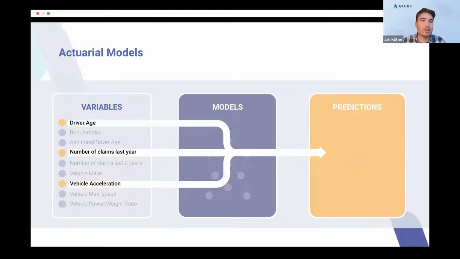We call them actuarial models here on a high level, where you really boil down the selection of features. For example, here we really focus on the most relevant, most understandable features: the driver age, the number of claims from the last insurance period, and the vehicle acceleration, maybe the size of the motor as a link to that of your vehicle, the insureds.